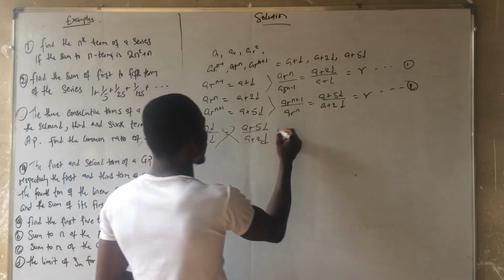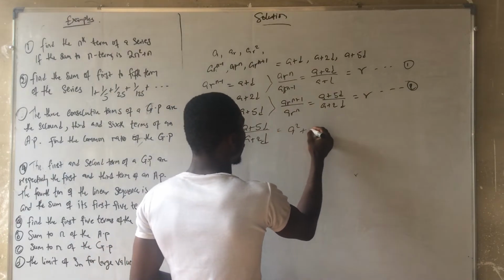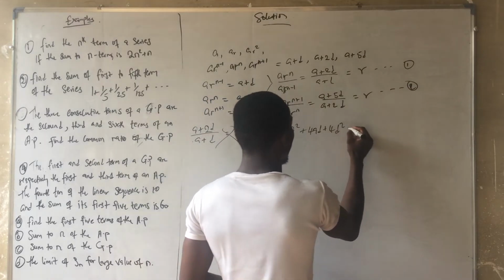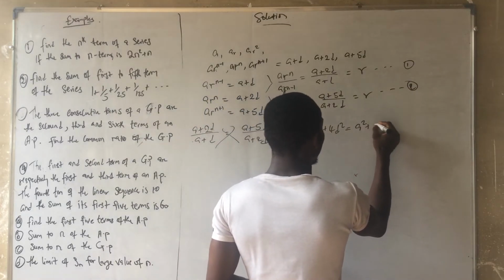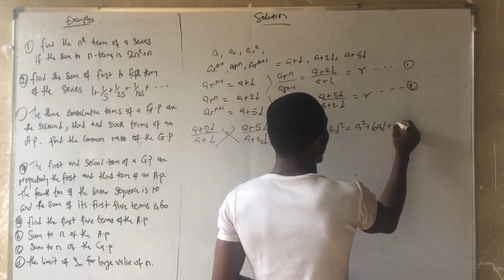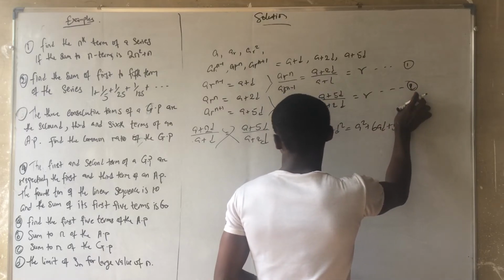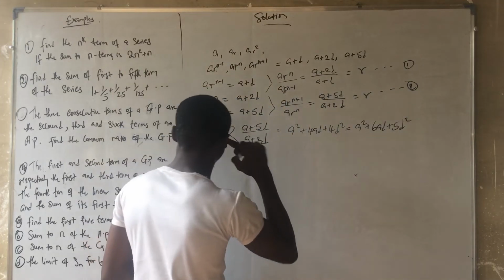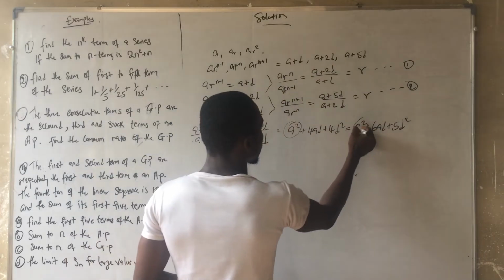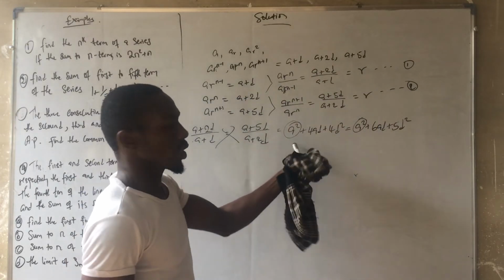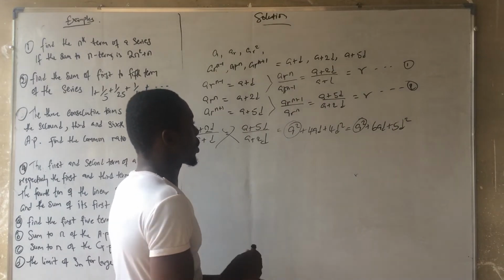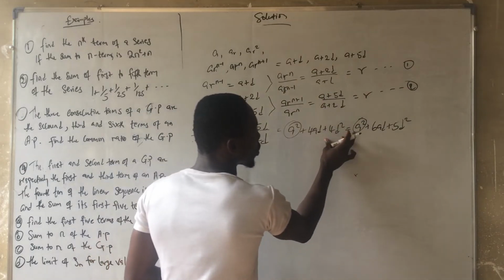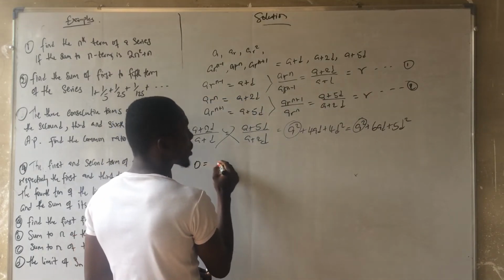You cross multiply to get a squared + 4ad + 4d squared equal to a squared + 6ad + 5d squared. The a squared will vanish when you subtract it from both sides. Now subtract 4ad and 4d squared from both sides, and I have 0 equal to